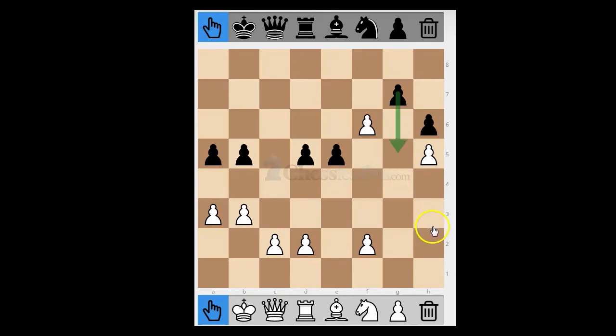But we'll get back to that in a second. So let's suppose black pushes this pawn. Now white pushes forward, and let's say black does this. Now white can get the pawn to the other side of the board, and what happens when the pawn gets to the other side of the board is it turns into a new piece. This is called promotion,